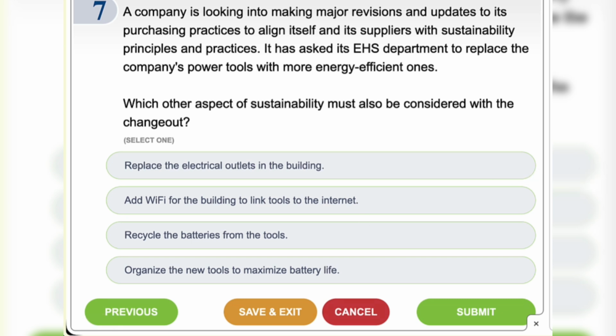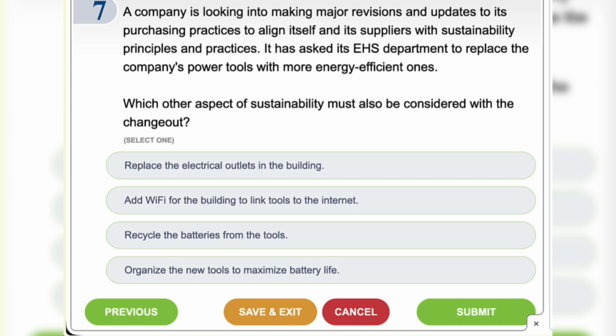Actually, when a company replaces power tools with more energy efficient ones, sustainability requires considering the full life cycle of the equipment, especially proper disposal and recycling of components that contain hazardous or valuable materials.